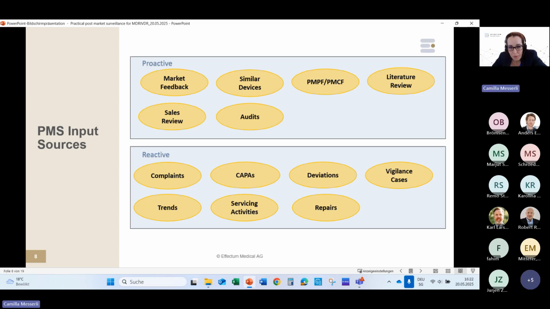With the market feedback, it's also important that you don't accept no answers, right? All of us know we get newsletters, questionnaires, and surveys, and many of these we just ignore, right? So it's actually common practice to have your sales guys call your distributors or the customers and